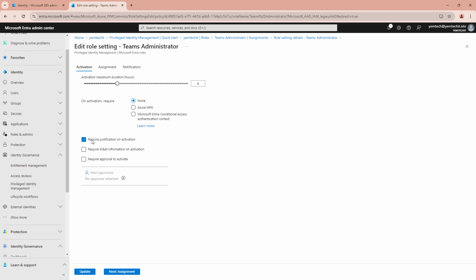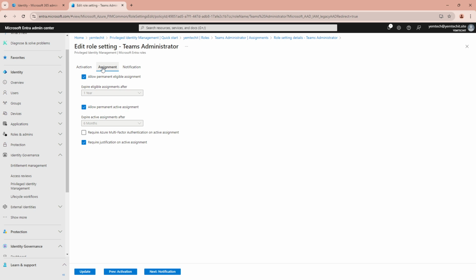So you can see now we have require justification on activation. You have require ticket information on activation, require approval to activate. So this one you can decide to just update it and now click on update. You see? So the next time the person is going to sign in again, he has to do all this. You have to activate the MFA. You understand? And we have the assignment,